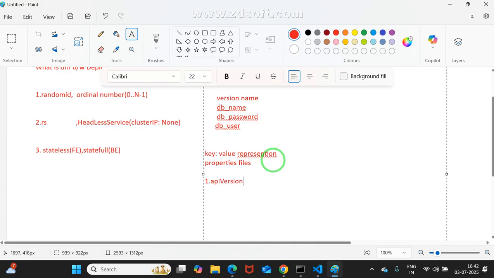Number two is kind. What is the third one? Metadata. What is the fourth one? Spec. Is it okay for you? Sometimes spec may contain one more spec also. You have seen it multiple times. These are the mandatory sections. Are you agree with me?